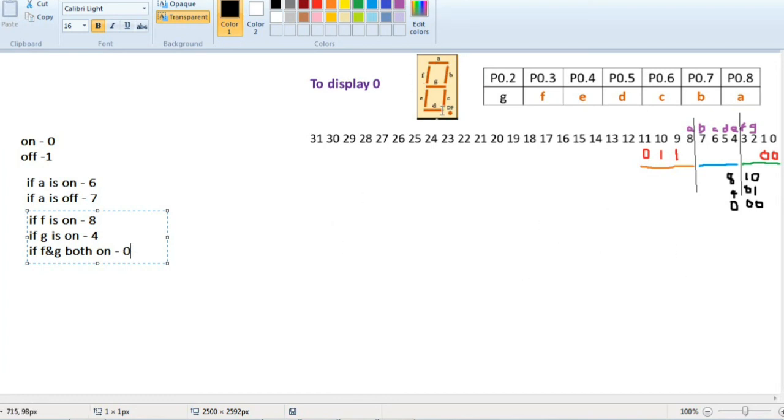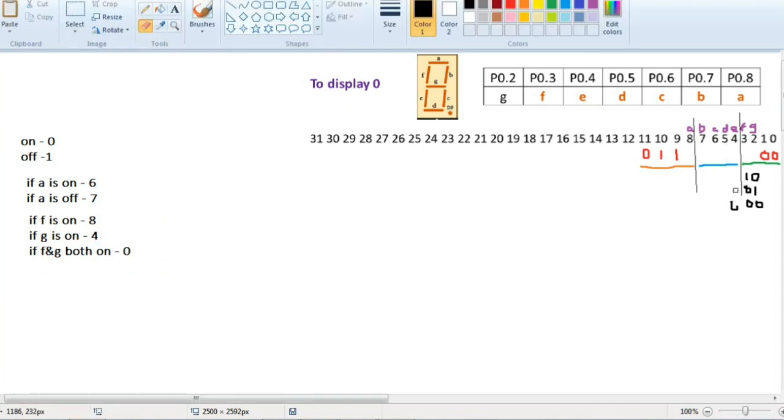Firstly we'll see what we want to display here. We'll check if F and G both are on. At that time we'll write 0. If only F is on, we'll write 8, or else we'll write 4. So among these combinations we can set the last digit. For the remaining, we have to work it out ourselves, because no observations can be made. By trial and error, we have to see which LEDs will be lighted and find the corresponding code.